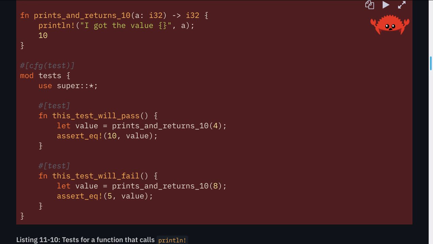Second test, this test will fail. let value = prints_and_returns_10(8); assert_eq!(5, value);